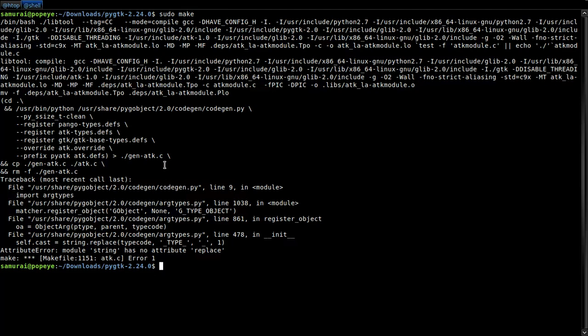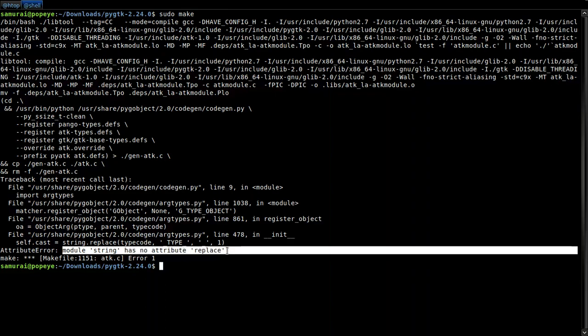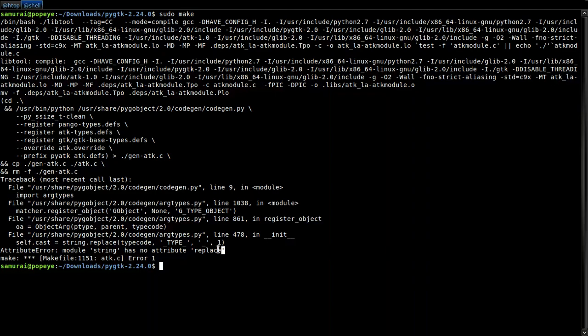It's a very big problem. Once again, we have to put peace in the heart, no stress, and read the console error. So here he actually tells us, module string has no attribute replace. That's not true. We already know that string has replace. So let's move from the beginning.